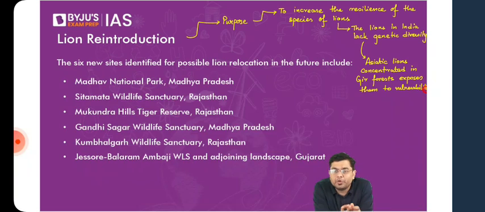Now in that area you will also find a very unique ecosystem, what is referred to as the banni grasslands. These lions always like a drier, semi-arid region. You will never find lions in the dense forests. In the dense vegetation, you will never find the presence of lions. Why? Because they require open space where they can chase down the herbivores, the freedom of movement, etc. All of that is relevant for the lions as well. So these are the 6 new sites identified for the possible lion relocation in future in India.